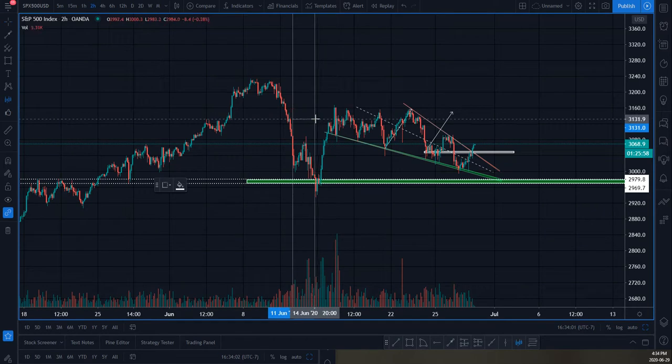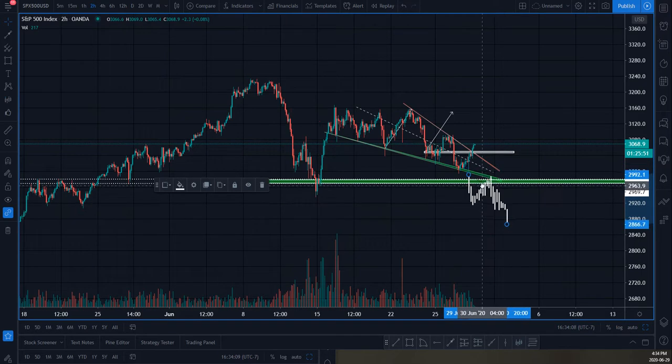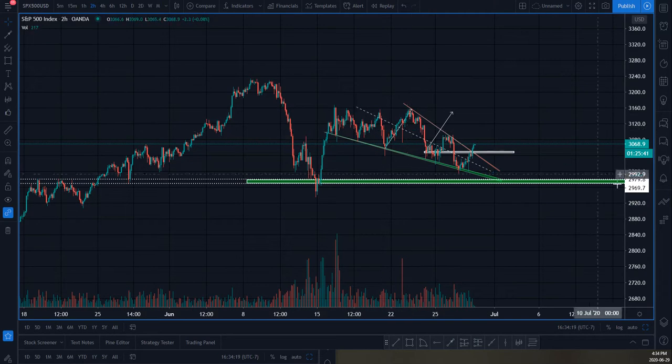So if we get a bars pattern, potentially something like this, where we initially get pushed to the downside, I guess it would have been like here. And then you get a nice little pullback, creating a previous support level as a new level of resistance, and then we get our next impulse push to the downside. That would have been option A if this did melt to the downside,